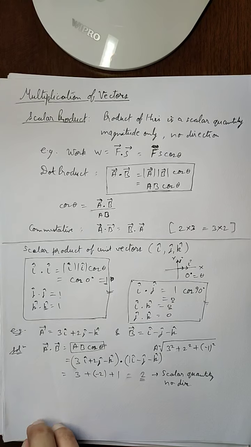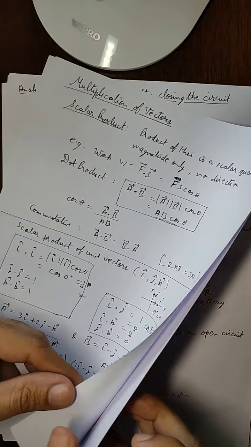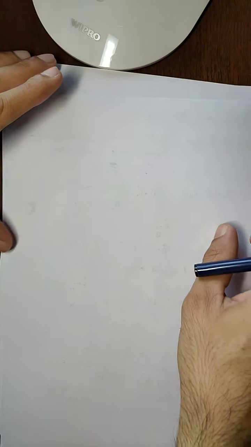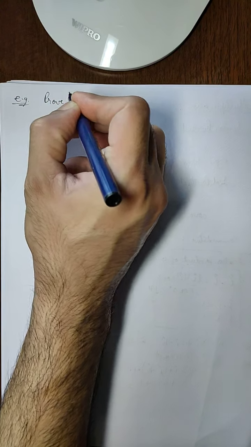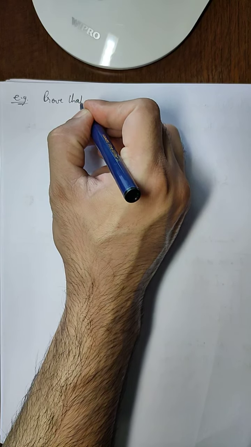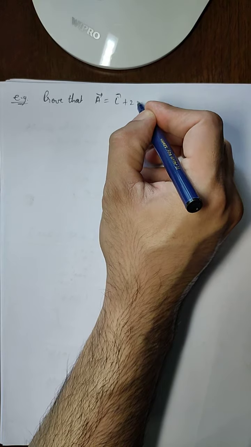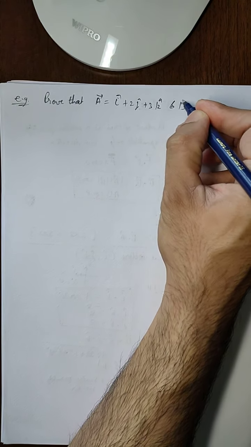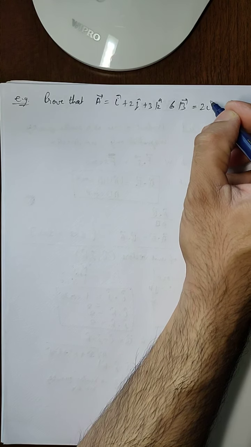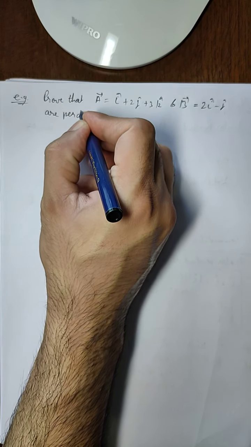Now let us move to the next question. Let us do one more example. We have to prove that, where two vectors are given, a is i cap plus 2 j cap plus 3 k cap, and vector b is 2 i cap minus j cap, we have to prove that these two vectors are